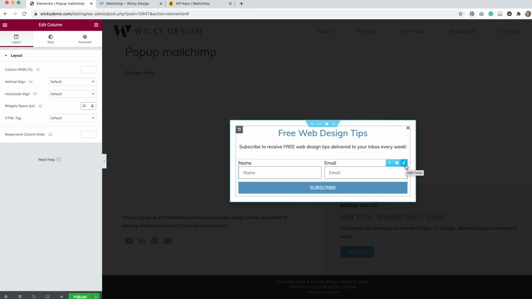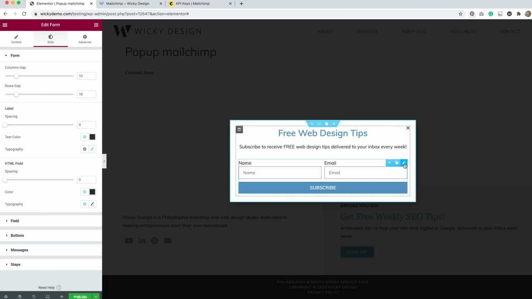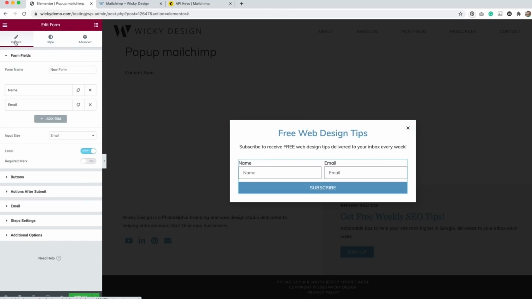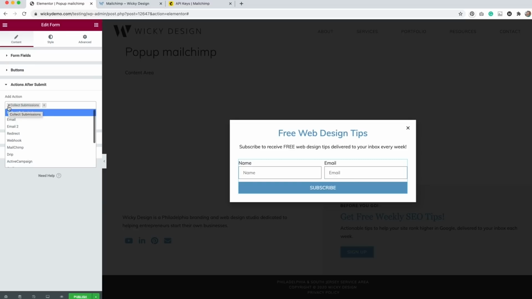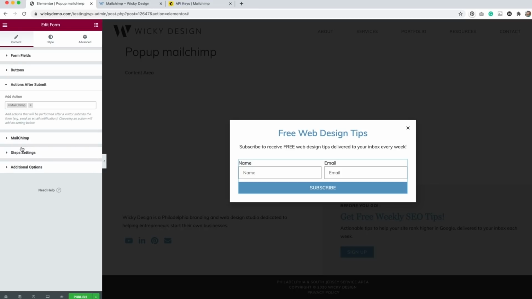Okay, now that we have the design figured out, we need to actually get this to work correctly so that it goes to MailChimp. So we're going to click on our form, window rather, and then we're going to go to content, and then we're going to do actions after submit. So this is really where all of the magic happens. So right now it says collect submissions and email. So we're going to get rid of both of those because what we want to do is actually import the information into MailChimp. So we're going to click on MailChimp here,